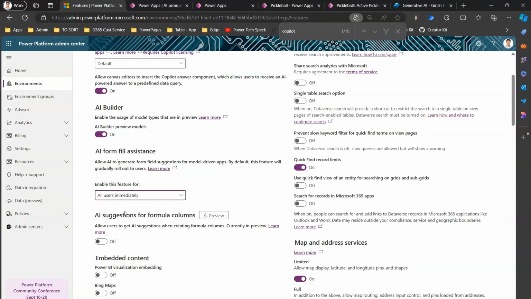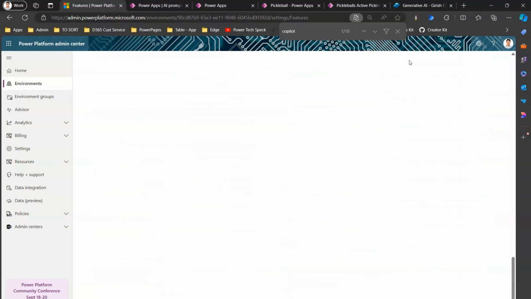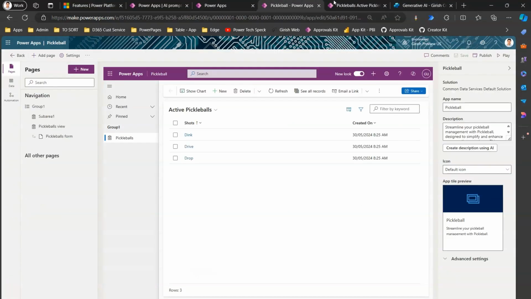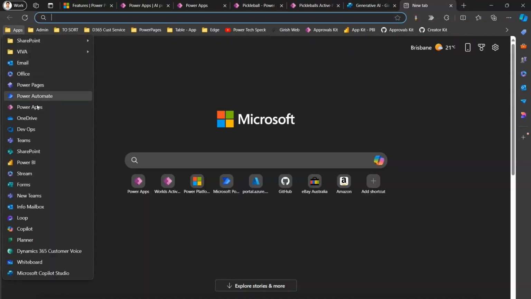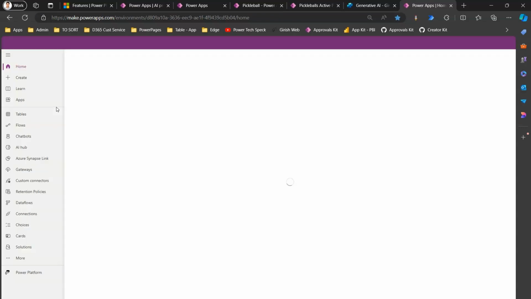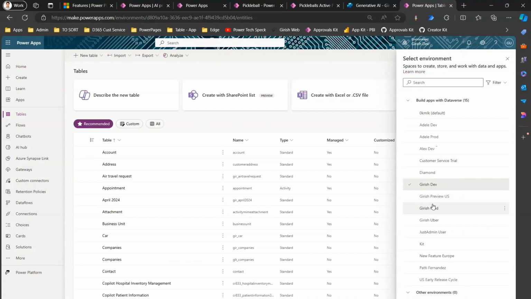Okay. There is another option over here for AI suggestions for formula columns. Now, allow users to get AI suggestion when creating formula columns currently in preview. So, let me turn it on and click on save. Now, where does it come handy is like when you are in say power apps application. So let me navigate to the power apps application and let me show you from where you can get those functionality defined. So I'll navigate to the table, but before that I need to select the correct environment,